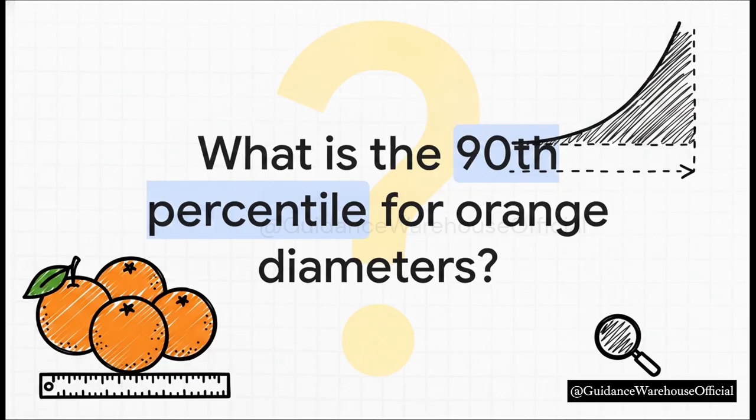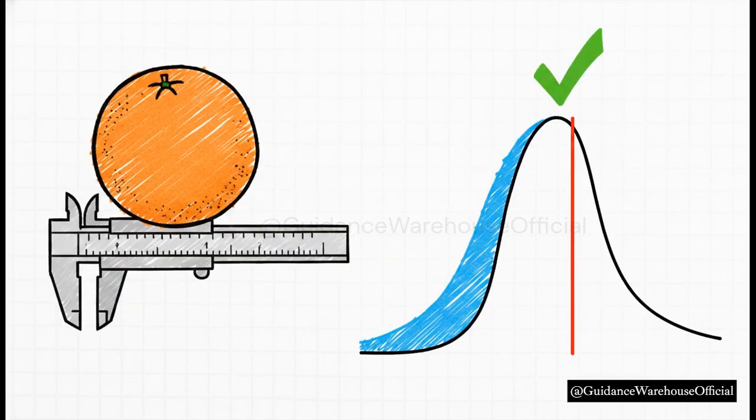What is the 90th percentile for the diameters of these oranges? Think about it. Which tool do we use if we already know the percentage, but we need to find the physical size? Did you guess invnorm? You absolutely nailed it. The calculation is invnorm with 0.90, 5.85, and 0.24, which equals 6.16 centimeters. That means exactly 90% of all the harvested oranges from that farm will have a diameter of at most 6.16